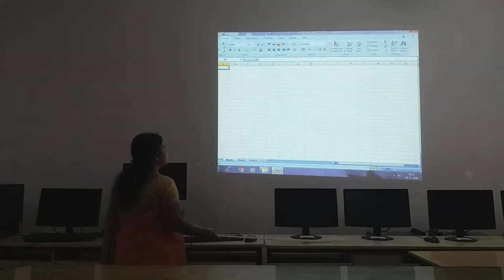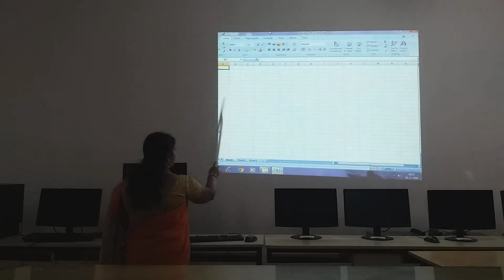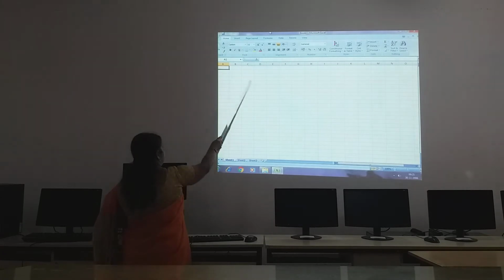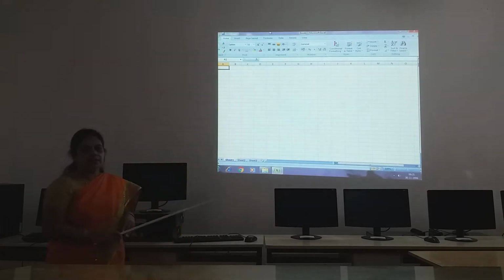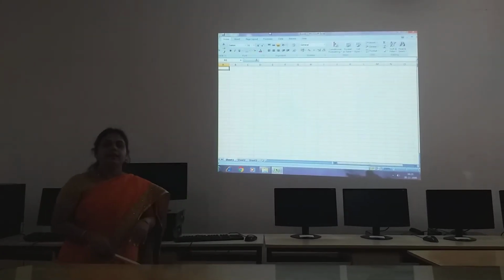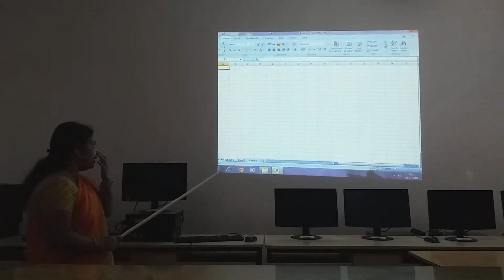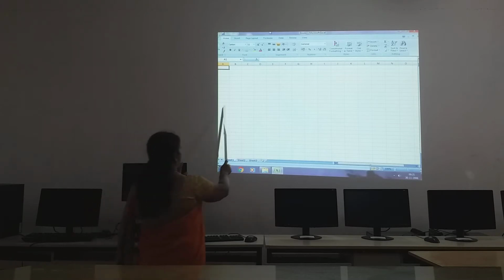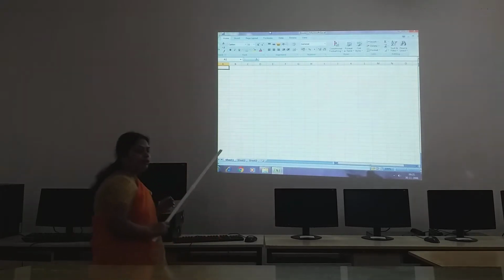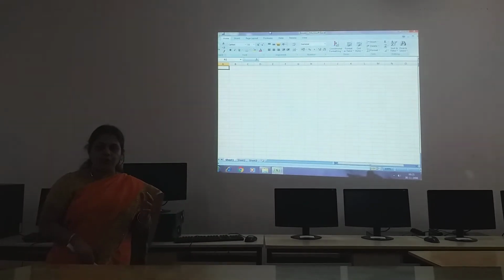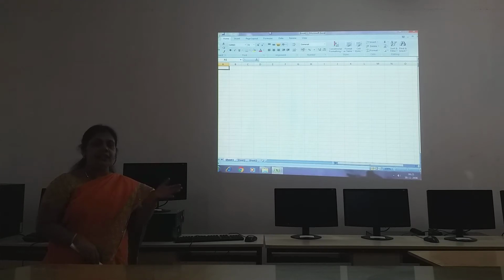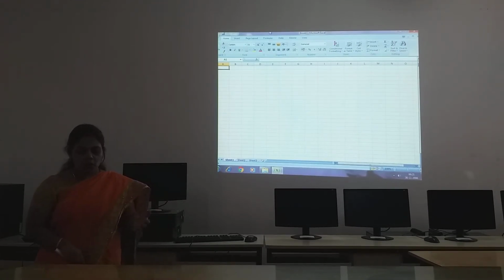Okay, like this. See, it consists of horizontal rows and vertical columns like this. Horizontal rows and vertical columns. So when you open this window, you can observe a screen or a window like this has been opened. This is called your spreadsheet. That's why the name itself for MS Excel is a spreadsheet consisting of rows and columns.